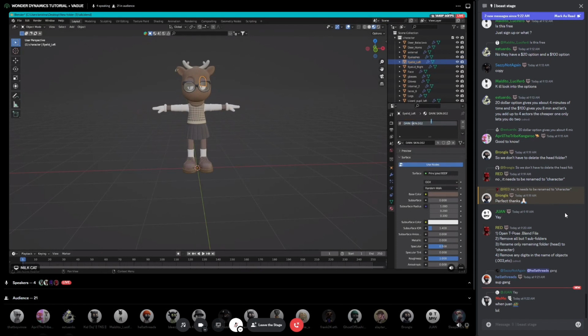Same with skin. If you really wanted to, you could rename everything to underscore MAT. Like this, this is a really long name, so I'm just going to